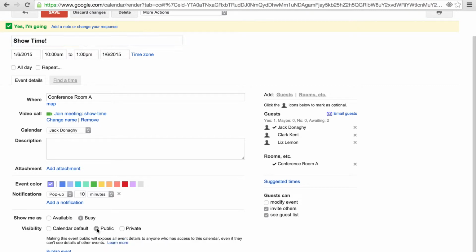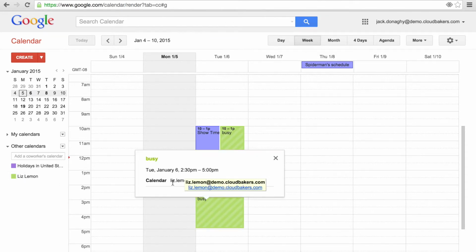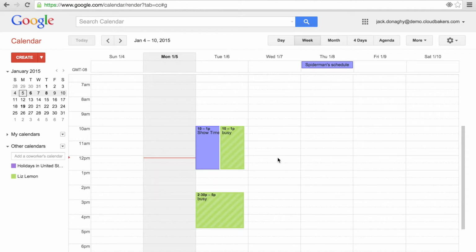For each appointment you set, you have the option of whether or not you want it to be public or private. When private, people who have access to view your calendar are able to see that you are busy for that length of time, but they cannot see any of the details that go along with that event. This way, you can still write notes within your event without exposing private information to friends or family who want to know when you are free, but don't need to know the specifics of your schedule.